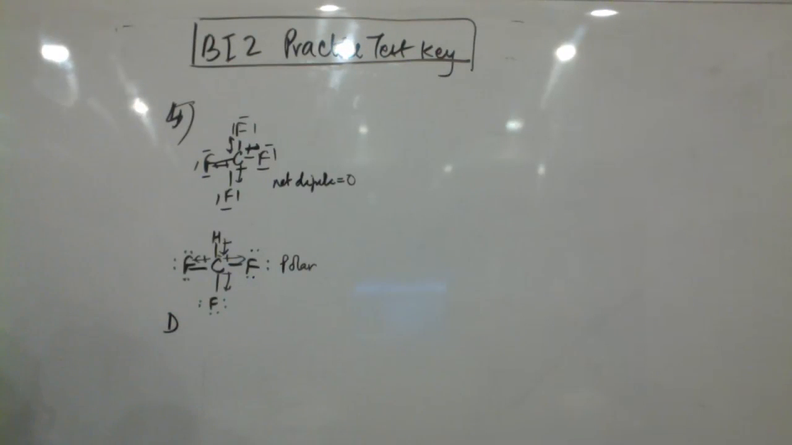Then for number 6, the melting point of MgO is higher than NaF. Answer is B, 1 and 2 both, because if you compare MgO with NaF, it is 2 plus, 2 minus charge versus 1 plus and 1 minus charge of fluorine. Number 7 gives you